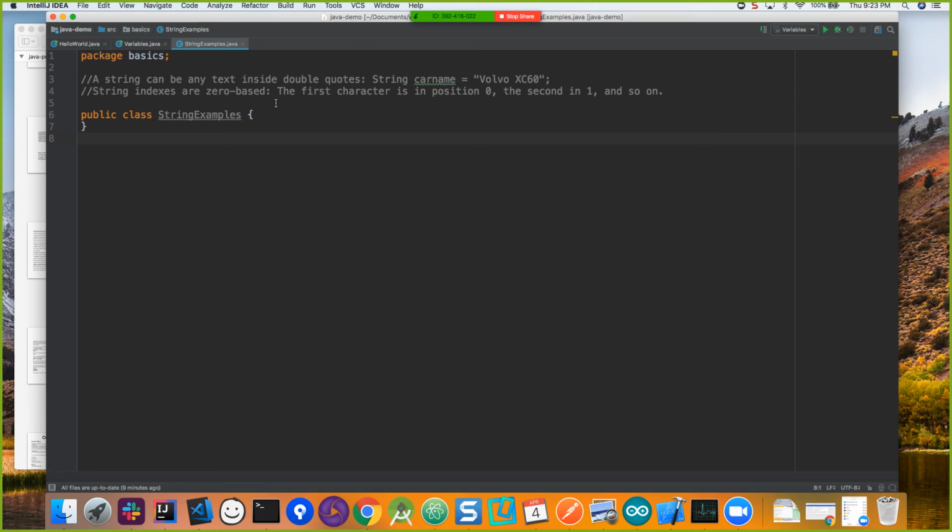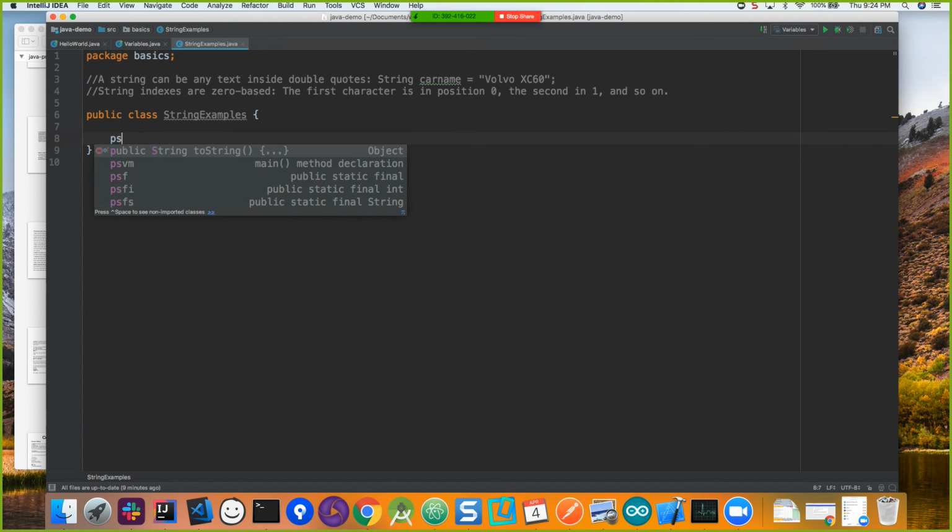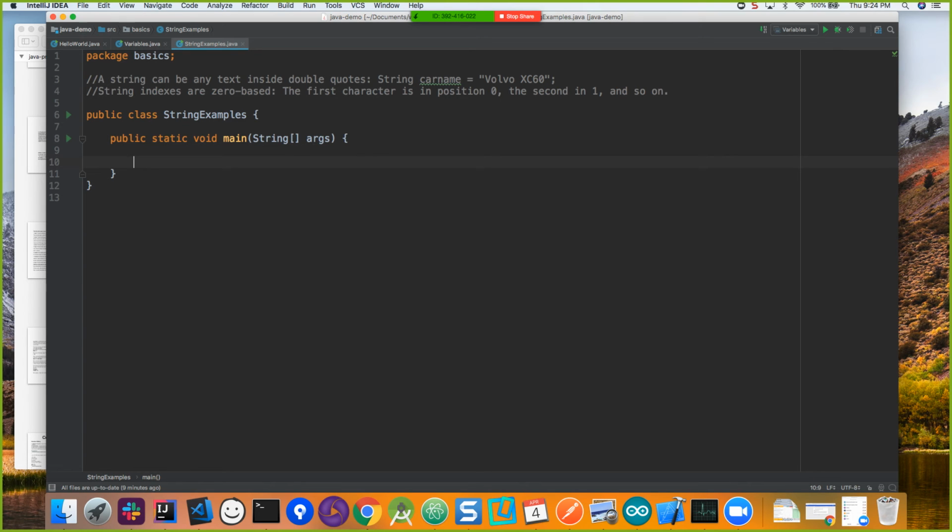String indexes are 0 based. The first character is in position 0, and then the second is in 1, and so on. Again, everything starts to count from what? 0. So whatever count you want is always whatever the length is minus 1. So we have to take that into account. Let's start doing some manipulations. First, we need the main method, otherwise our code won't execute. We'll set String firstName equals to